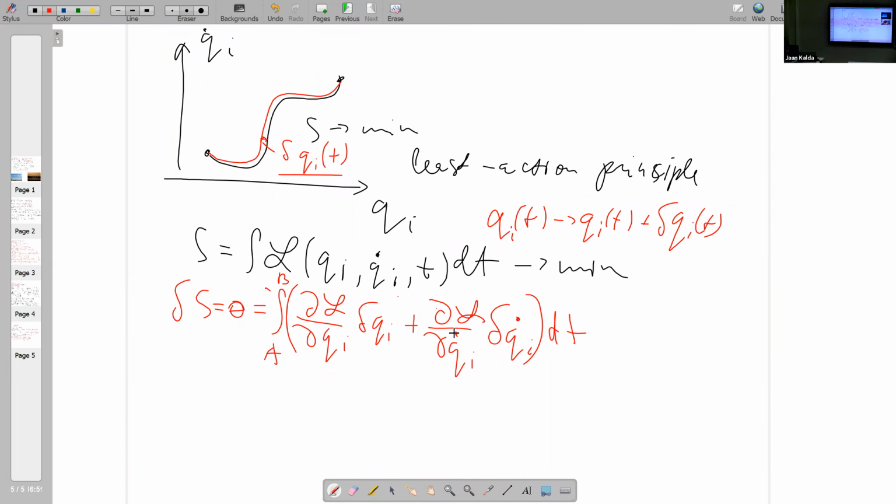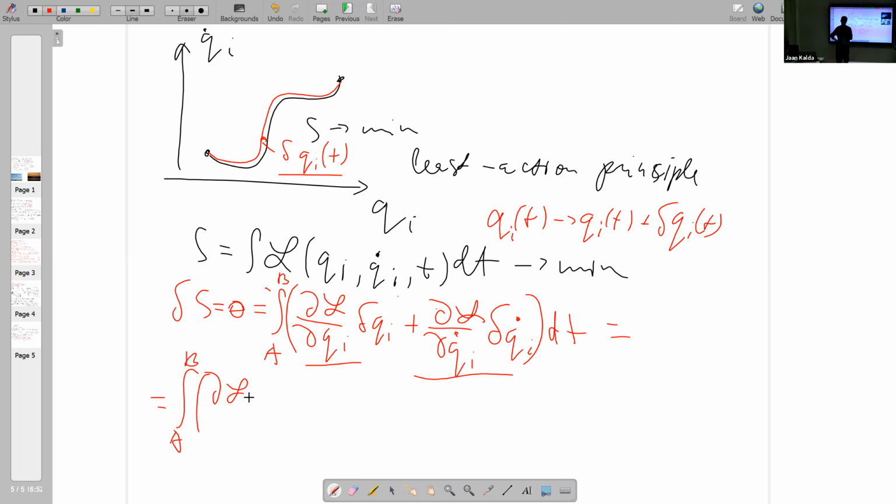And now the next trick is that we have two terms. One depending on qi and the other on qi dot, delta qi dot. The trick is now to take the second term by integrating by parts. So this term now becomes the integral from a to b